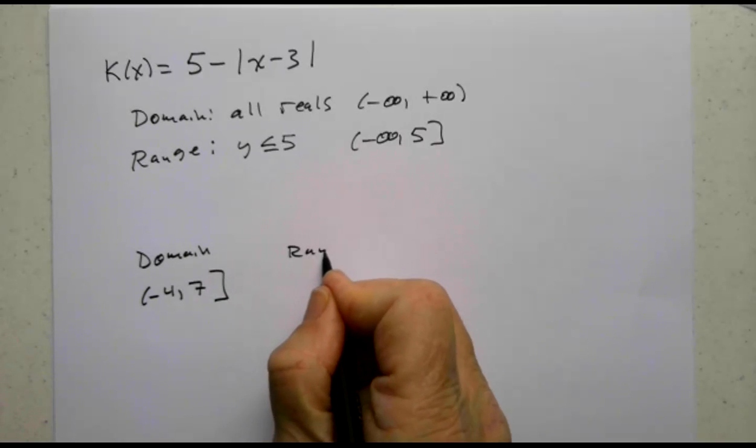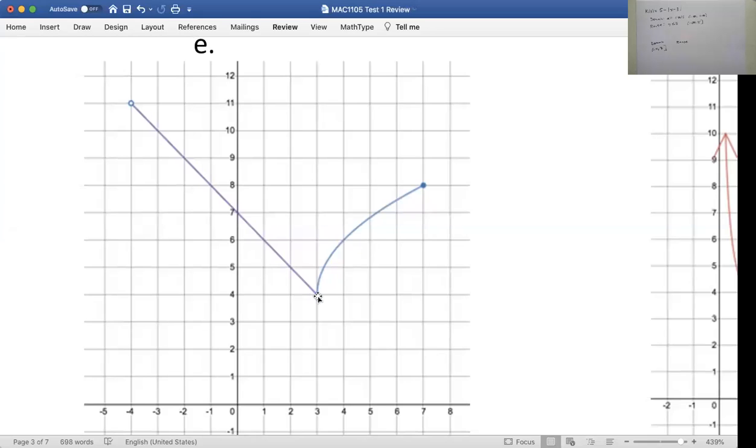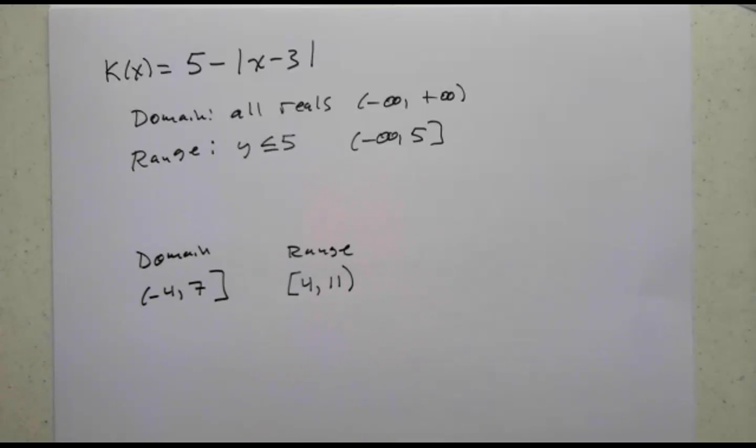How about the range? How low does it get? How high does it get? The lowest value I see, in the y's, is 4. There's a point here at 4. How high does it go? It gets close to 11, but not quite get there. Because of the open circle, it never actually gets to 11. So the y values range from, interesting use of words there, 4 to almost 11. So my range, square bracket 4 to almost 11, round bracket there, is what that will look like for that graph. And then our last one that we're going to look at